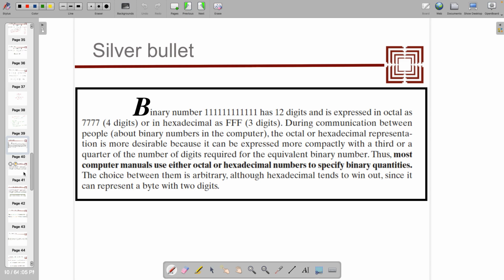So what we studied is as follows. Like a binary system, let's assume there are 12 bits and all are 1. It is expressed in octal as all 7s with 4 digits, or in hexadecimal as all F in 3 digits. So during communication between people about binary numbers in the computer, the octal or hexadecimal representation is more desirable because